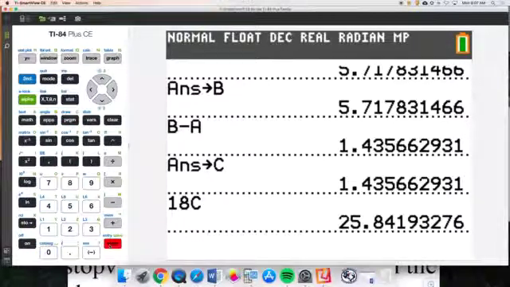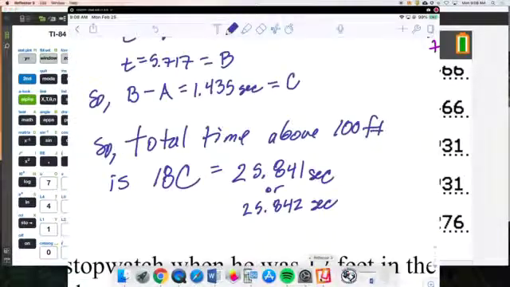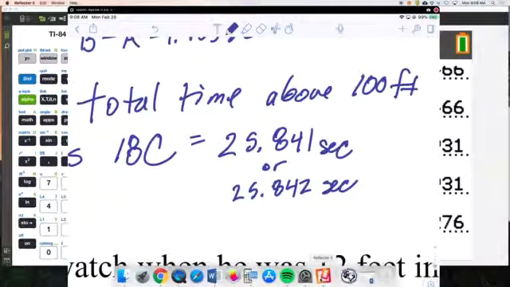18C, and we get that. So 25.841 or 25.842 seconds, okay? Now, it's important that you store those values because on a test, like your free response on